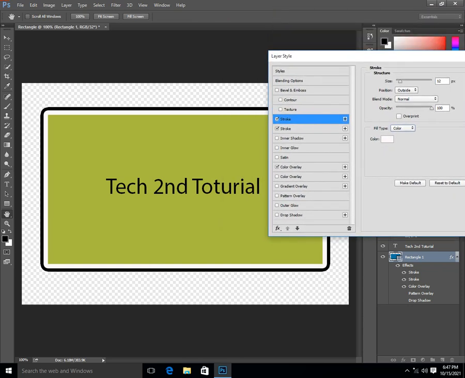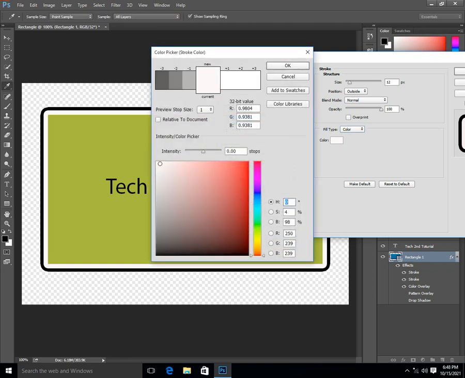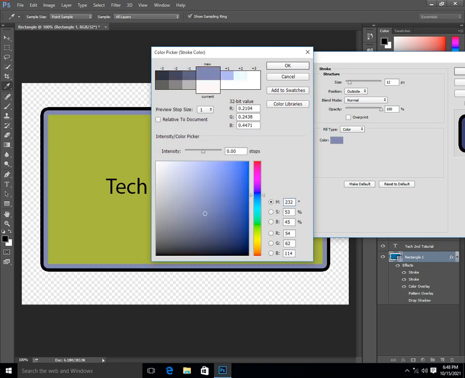Some people imagine in their mind that this is not a color, that this is blank, but this is the color of the document. The color of the document we can change to different types of colors here, any type of color you would like, you can adjust here.